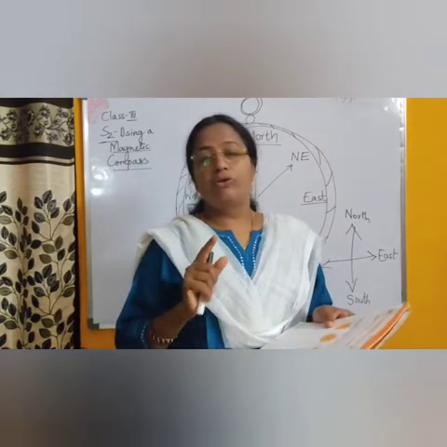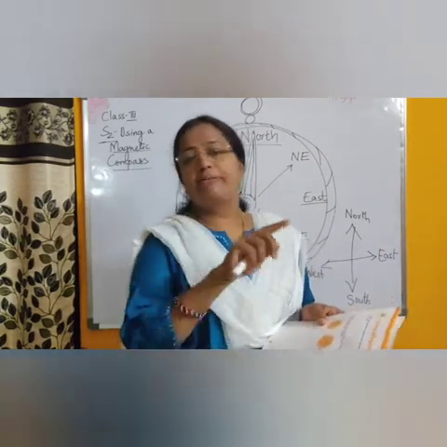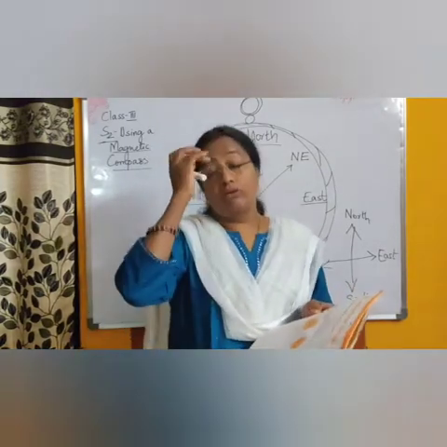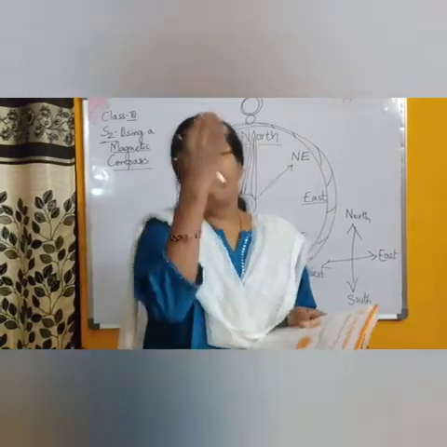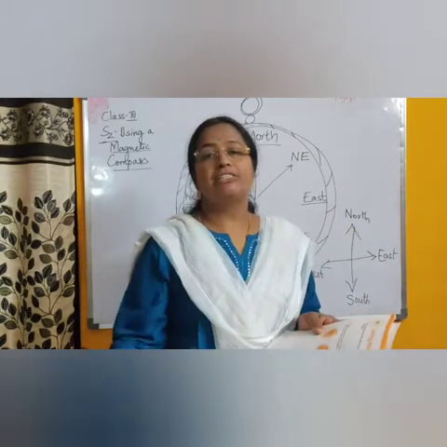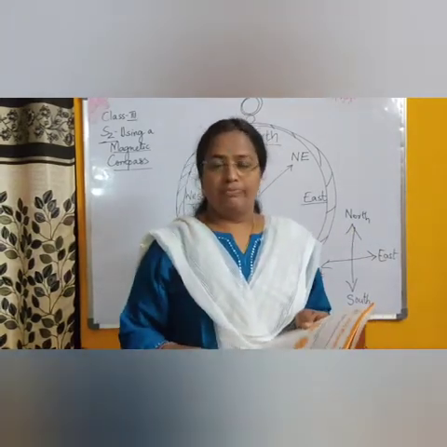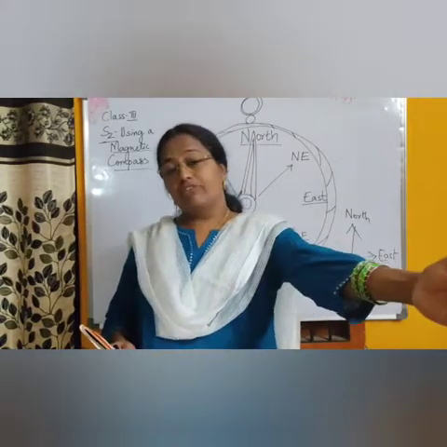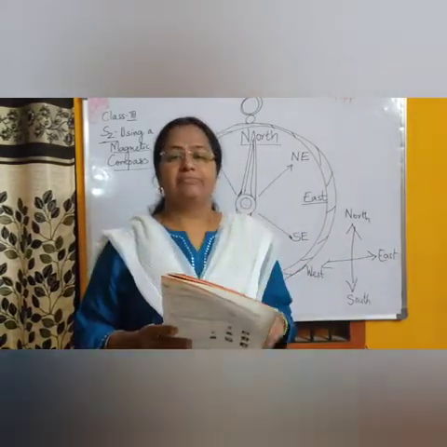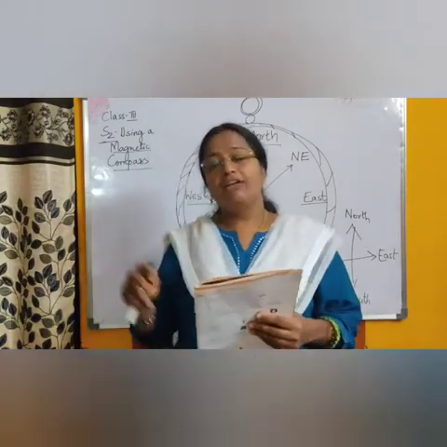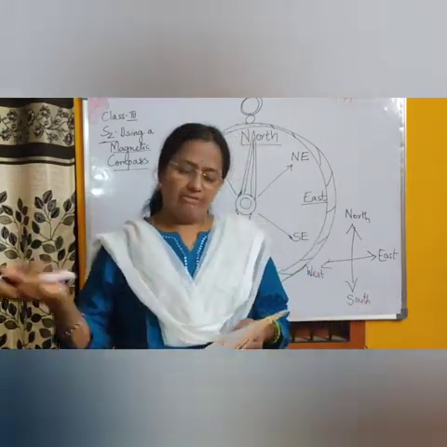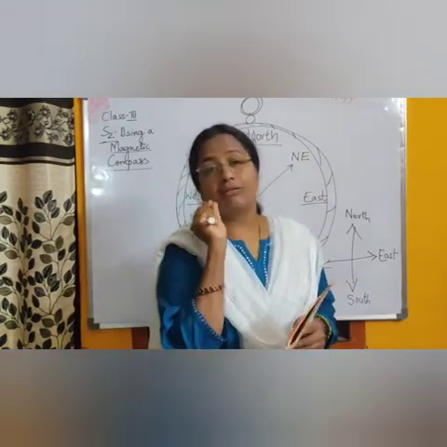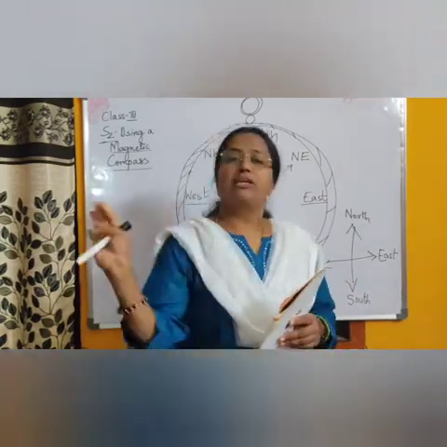So, I told you, if you know the north direction, remaining directions you can easily find out. I told you the golden rule also. If one side is north, then the opposite side will be the south. Then if you know the north direction, then towards the left of the north, it will be east. Towards the right of the north direction, you have west. So if you can understand this small concept, then you can finish it off.